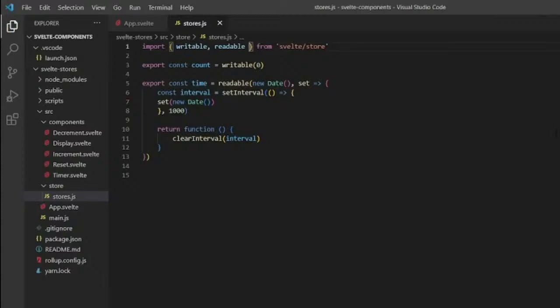The last part I would like to discuss about stores is creating a custom store. Over the past few videos, we learned that a writable store object contains 3 methods: subscribe, update, and set. Now,